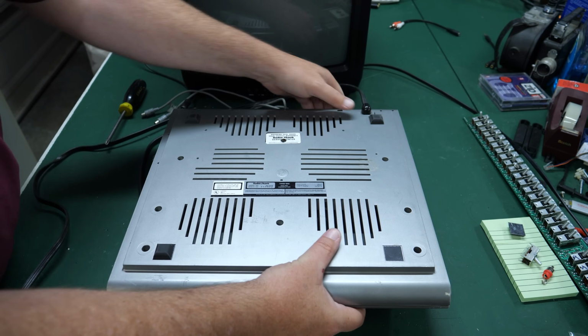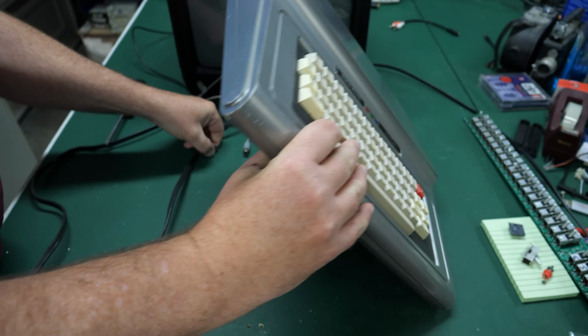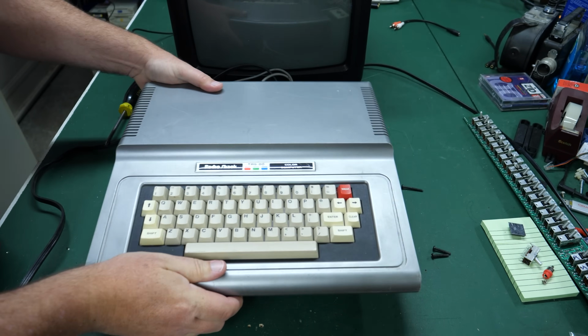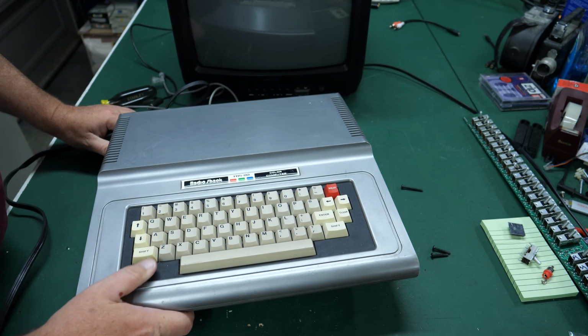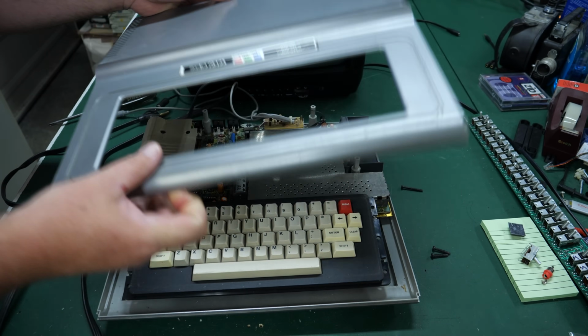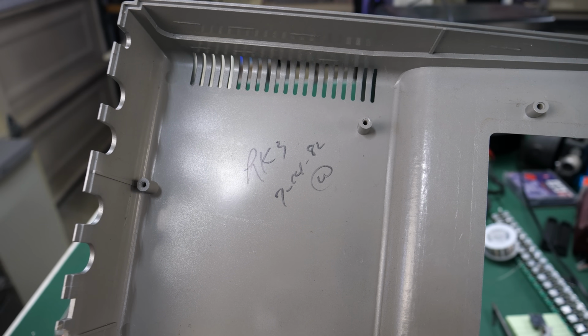Okay. Let's turn this back over, see if those screws come out. Yep. And they are different sizes, so you need to keep these separate. That one doesn't want to come out. There we go. And here's an inscription on the inside that I'm assuming somebody put here while they were doing